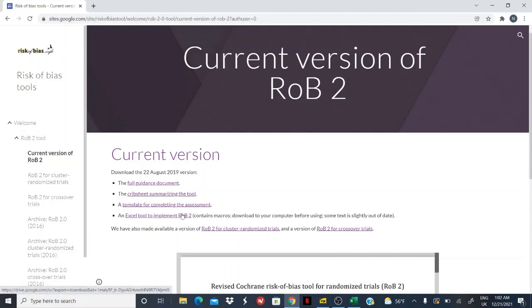I've already downloaded it. But you'll find that these other documents, particularly the full guidance document and the crib sheet summarizing the tool documents, are pretty useful to aid you in using the tool. They contain a bit more detail than what we'll be delving into today, and so you might want to take a look at them. So once you've downloaded the tool,